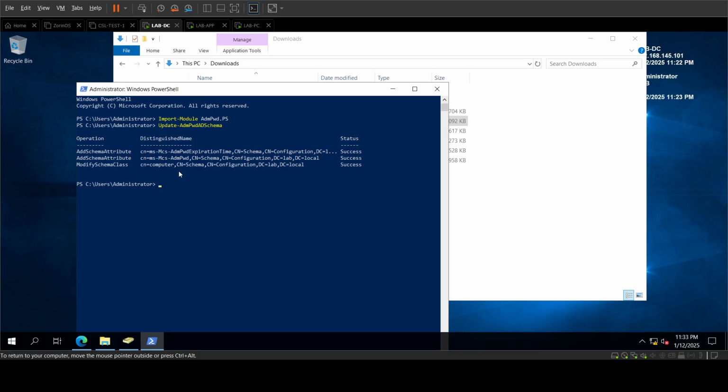Obviously, if you run in a tightly controlled environment, you'll need to re-add and grant yourself Schema Admins permissions in order to do this, then rip it back out. So Schema Admins has been done. That's cool. So now we need to go and delegate the